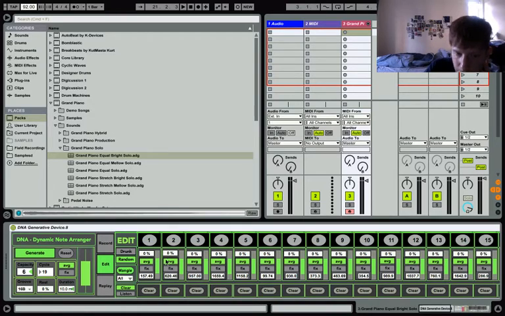So here, let's start with at the top. You've got the rest percentage. So that's the chance of it not playing on the step each time it cycles round. So with a low, let's just do the master control for all of them, and then bring down number 1. So this means each time number 1 comes across, it's going to play. Whereas if I turn it up to something like 40,